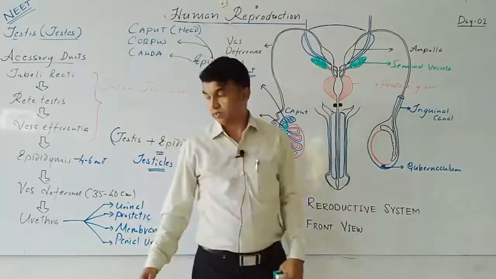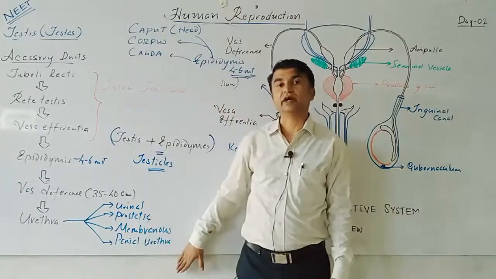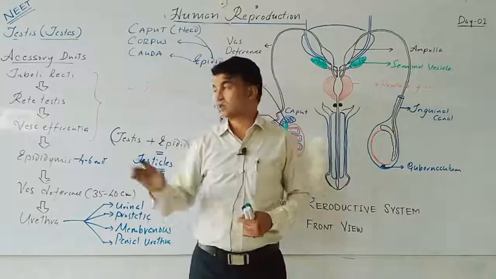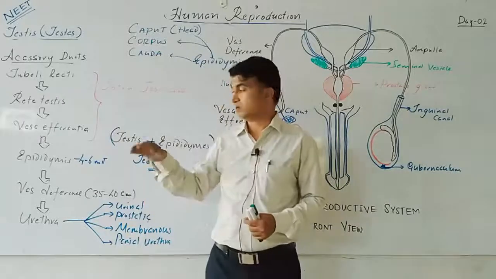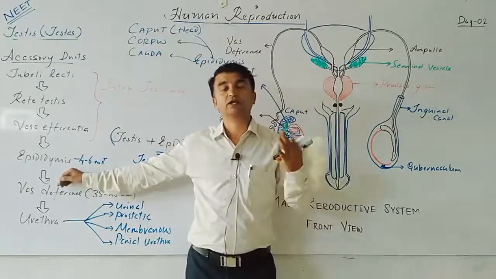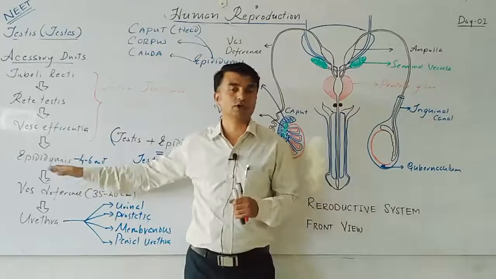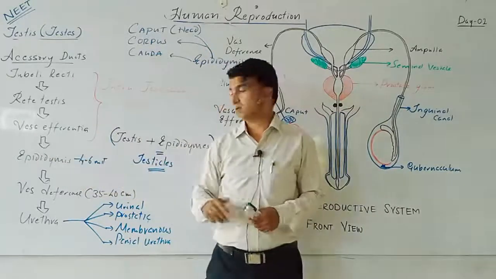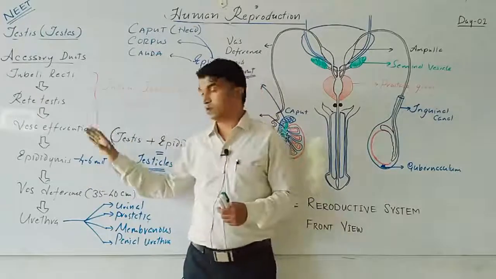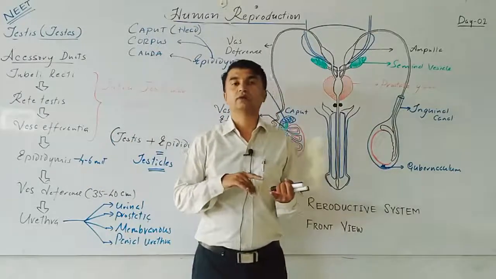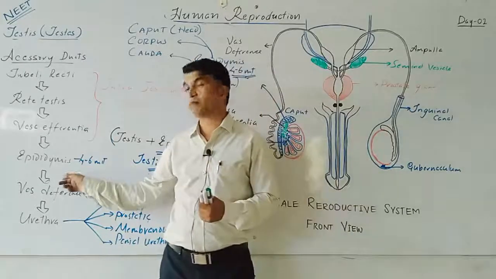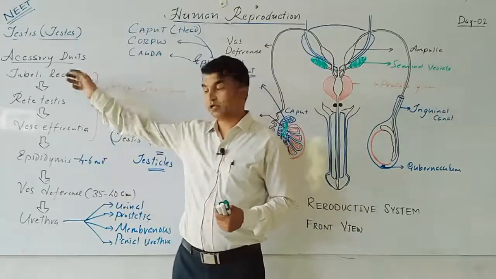So this is about the accessory duct. What is the function of the accessory duct? It is a conducting part. In some cases the spermatozoa is stored here until the ejaculation occurs. Once the ejaculation occurs, the spermatozoa is loaded into the female reproductive duct. So the main function is the storing, maturation, and conduction of the spermatozoa from the tubuli recti up to